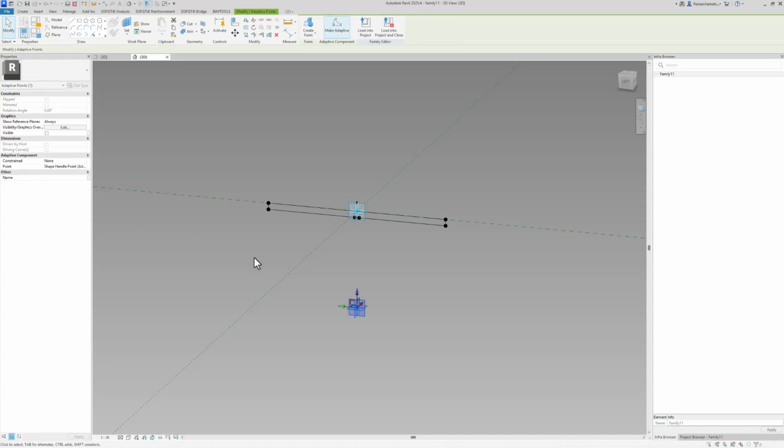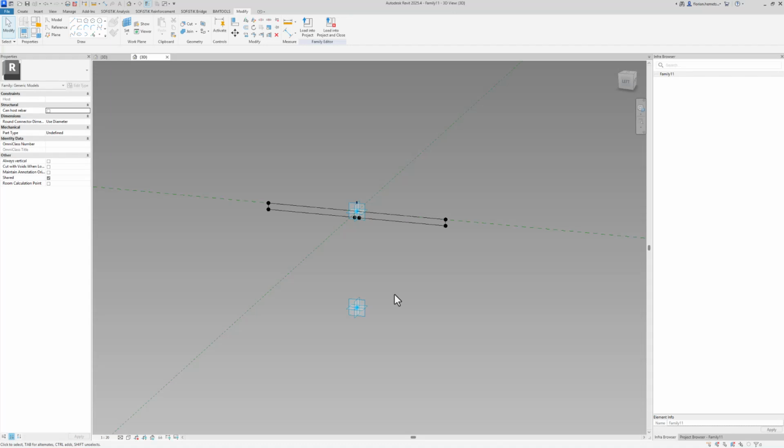All I need to do for the program, the SOFiSTiK Bridge and Infrastructure Modeler, to recognize it later on to be selectable, I need to assign a name to it. In this case, I will call it BOTREF for bottom reference. That's all that's necessary. Now I will just create the same points as for the flange